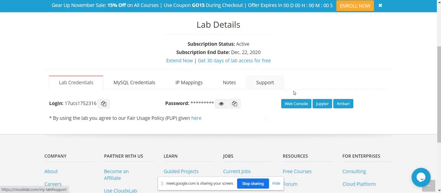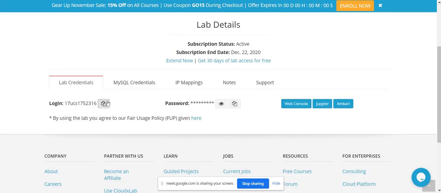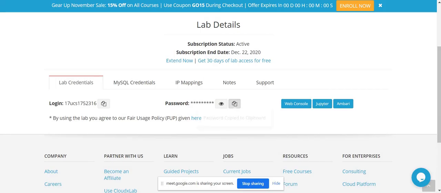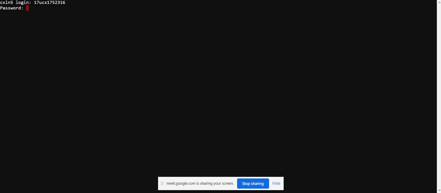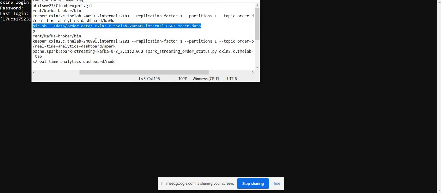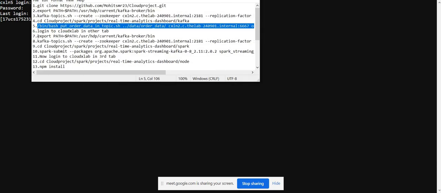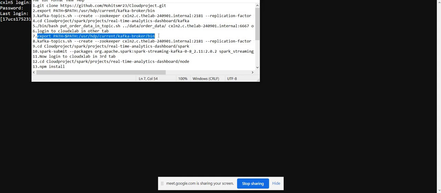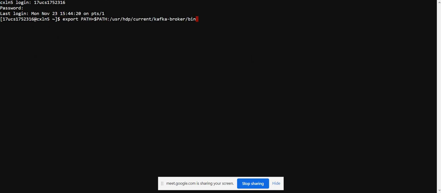Now again we will go to the next tab, and here we will be taking all the data that is being pushed into Kafka for further processing through Spark streaming. So here I am putting in my credentials to access the platform. Again we will be exporting the Kafka binaries for handling the dependencies.